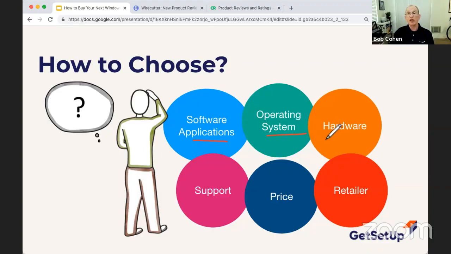And they're all different: the hardware that you consider, where you buy it, the price you want to pay, and where you get support. We had a question already come up on support. There are different ways to get support depending on where you buy it and how you buy it, for all types of computers. So we're going to go through a few of these, and I'll help you understand them a little bit more.